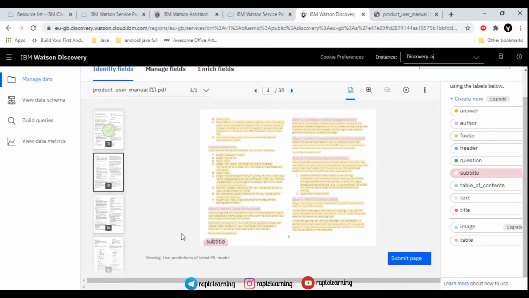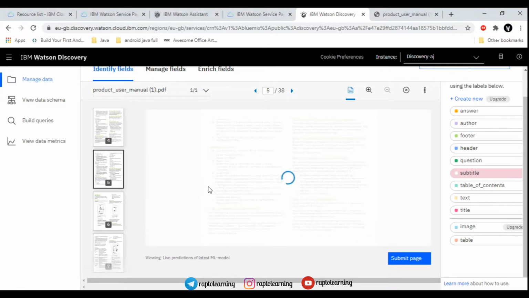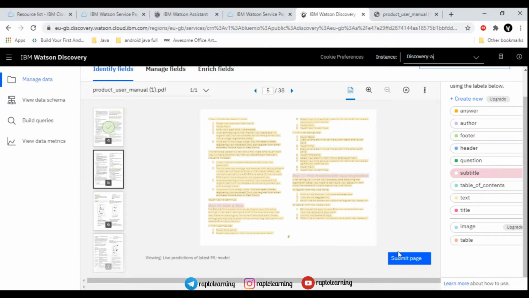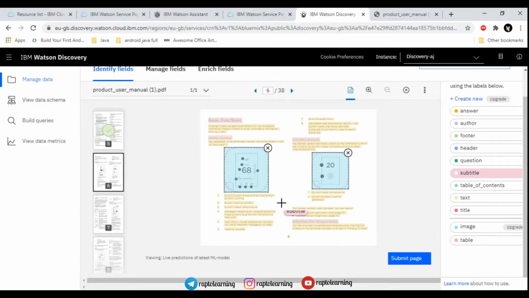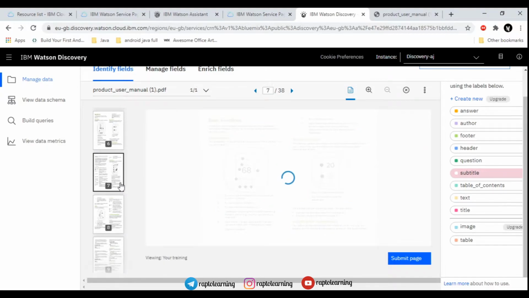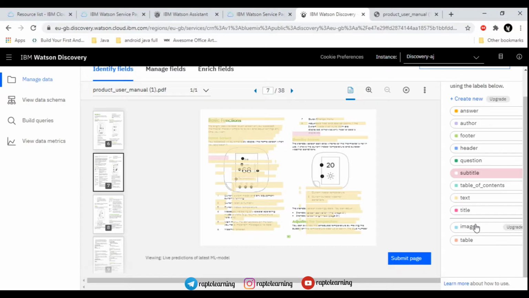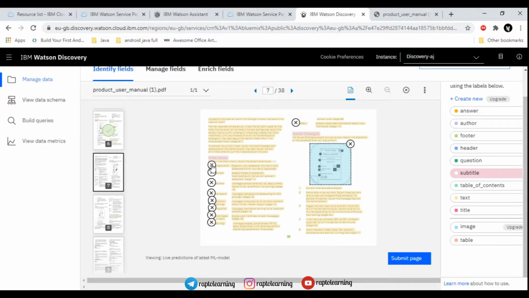So we are just going to select that only, and then click on submit, and do this for the coming 5 to 6 pages you will see in this document. So do this for all, and make sure that afterwards it is correct for 1 to 2 pages at least. So in the previous page, all was done by Watson only. Here you can see it is all selected, but images are also selected. As images fall into a premium plan, we will just cut that part out, and make sure you submit the page. And you will do this step for the previous ones also, where images have been selected.